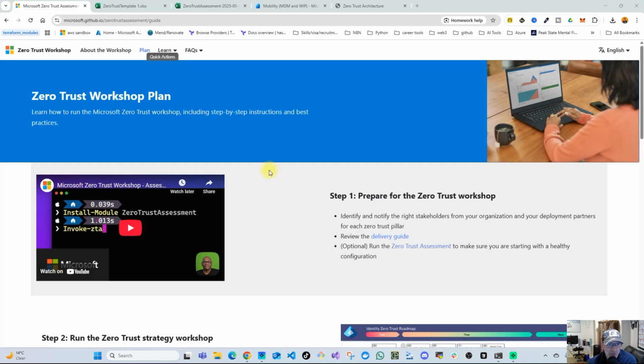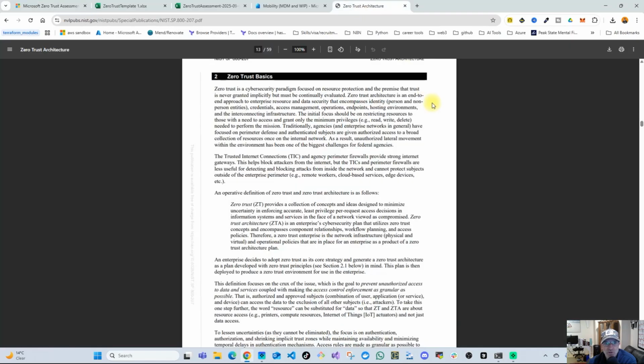Let's look at the Microsoft Zero Trust workshop, folks. Just before we delve into the workshop, let's quickly look at what Zero Trust is. Not teaching anyone to suck eggs, but this is a NIST publication from the NIST website, folks. And it's telling us here that the premise is that we never grant any trust implicitly, but it must be